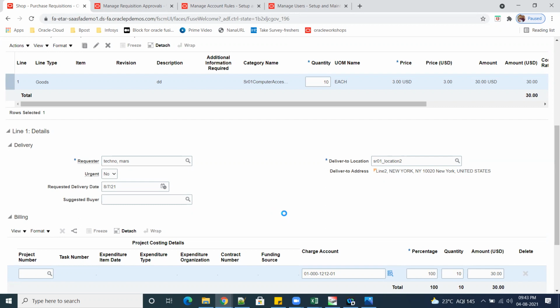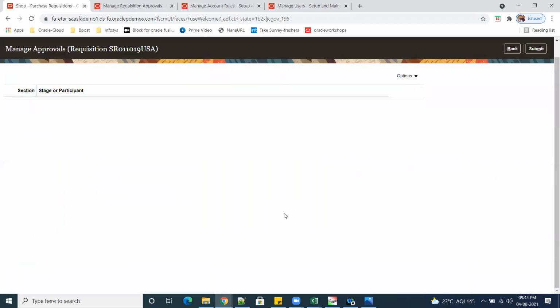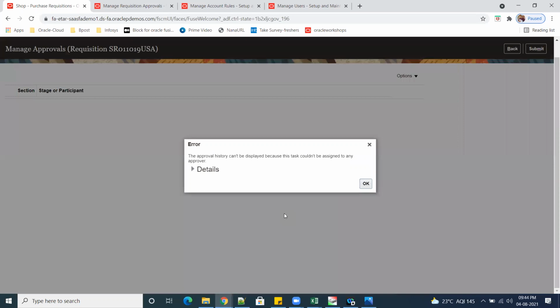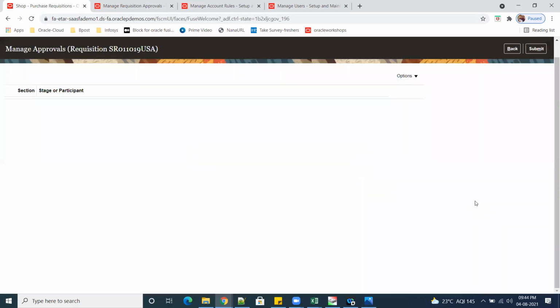But ideally only the charge account we need to submit a requisition. But when you're creating the PO from the PR, the system will populate this charge account into the PO, correct? Correct. So there is also some mapping we have to do, rule things. Yes, based on what rule it should be mapping, correct.